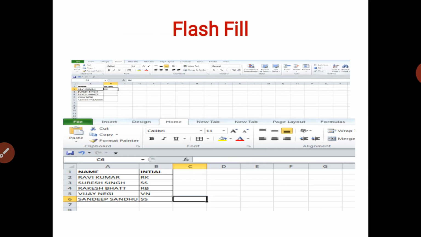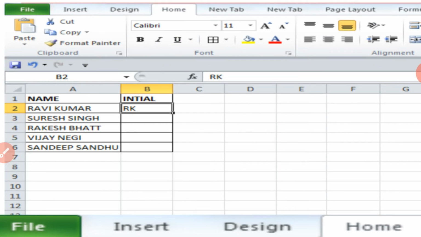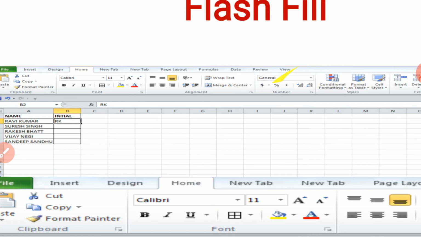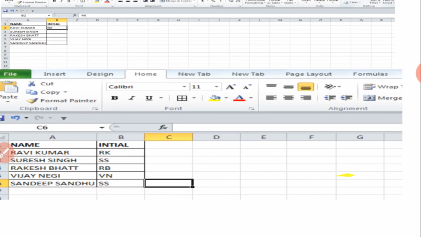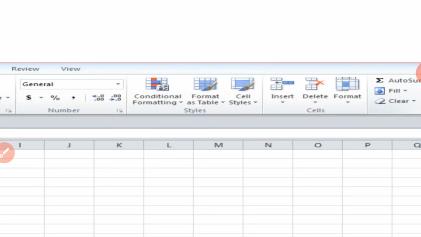Now the flash fill. What is flash fill? Suppose I have first names written as Ravi Kumar, then Suresh Singh, Rakesh Bhatt, Vijay Negi and Sandeep Sandhu, and initially I just wrote Ravi Kumar as RK. After that, we need to go to this particular area in this option. One minute, I'm just showing you this Format option we have.